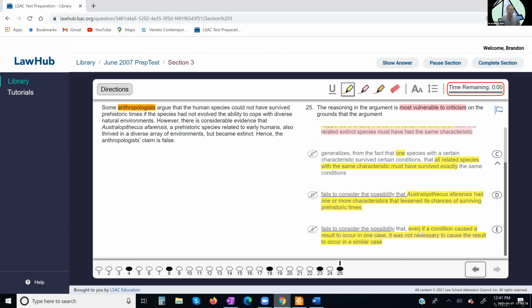Anyway, that's going to be the flaws breakdown. Hopefully that helps you along the way, but recognize these are tough questions. So keep working at them and you'll get better. Stay tuned for more explanations.